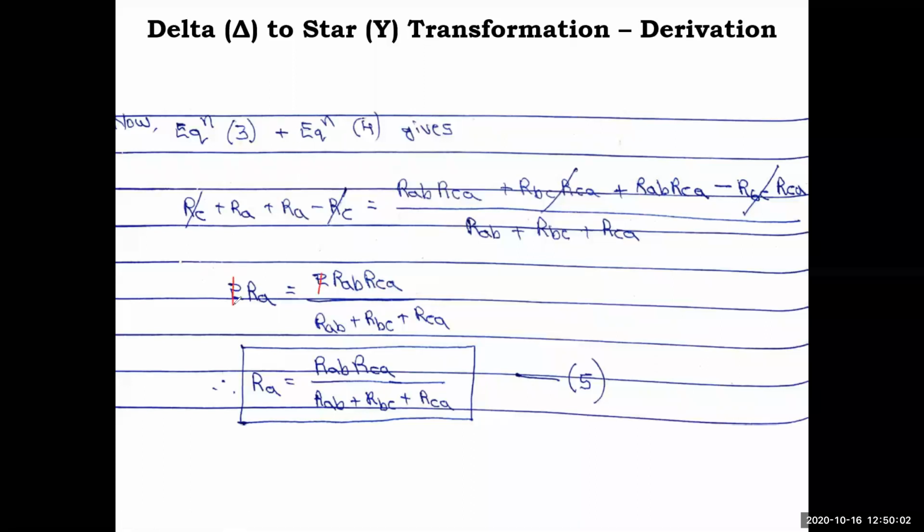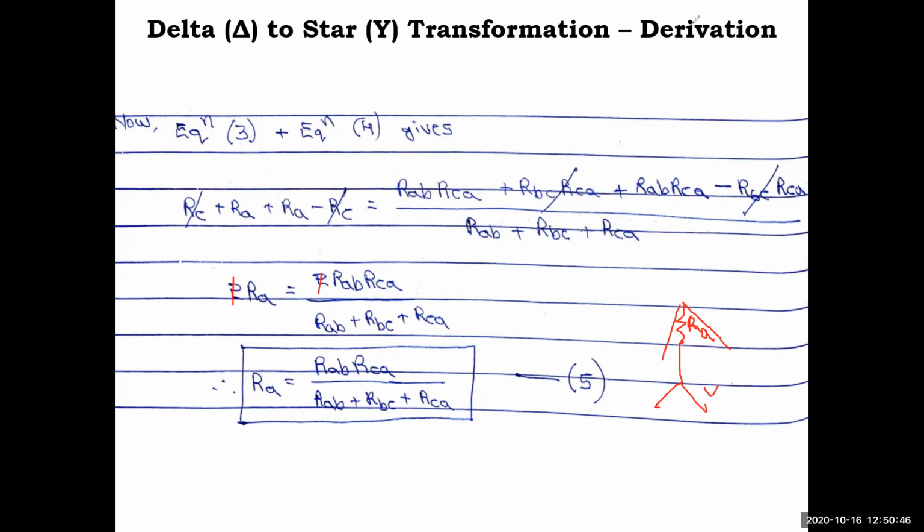So what you got is RA, the first term in the Y network. So this is the Y network, right? In that, this is the RA. So from the delta network you got the RA. How is it related now? RAB into RCA. RAB is this side network, and RCA is this side network. These two are multiplied, divided by the total resistance of the delta network. Okay, so that is the formula. We'll write a summary to calculate that. In a similar way we need to find the remaining two branches. Same way we'll get the answer. So we know the answer already: this resistance will be these two resistances multiplied, divided by the total resistance. Definitely we are going to get that, but we have to prove that.